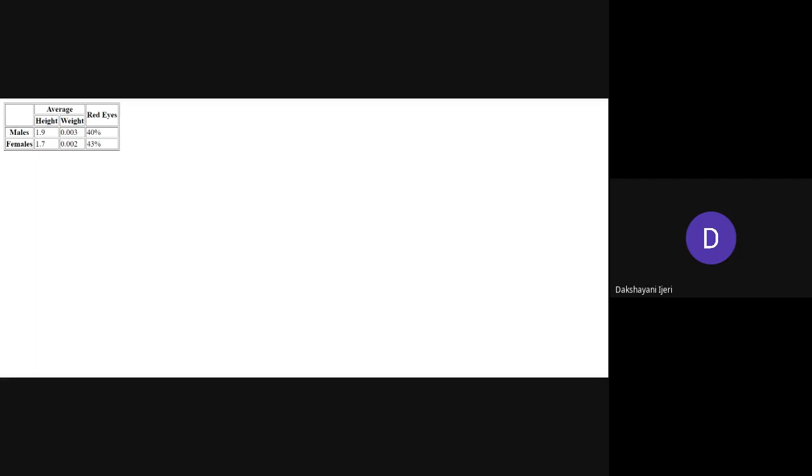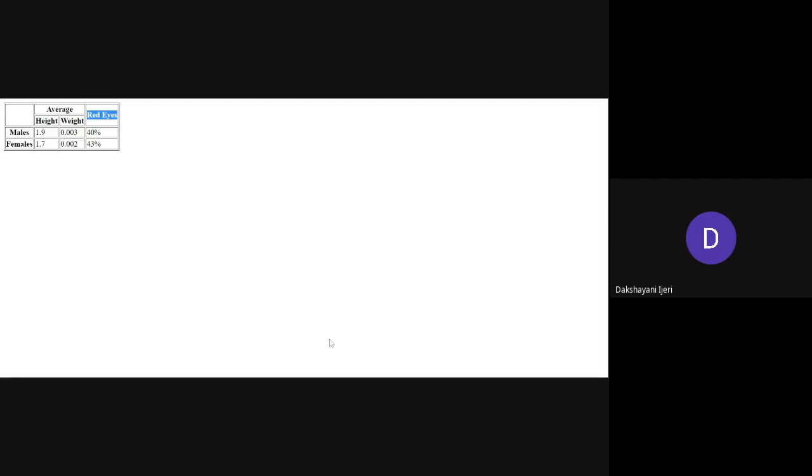Again the next th has the value red eyes, but it has been merged with two row cells, for which the row span attribute has to be used with the value 2. Once you do this first part, the rest is very easy. Next, for the next tr, just go on adding these two headings with the th elements.